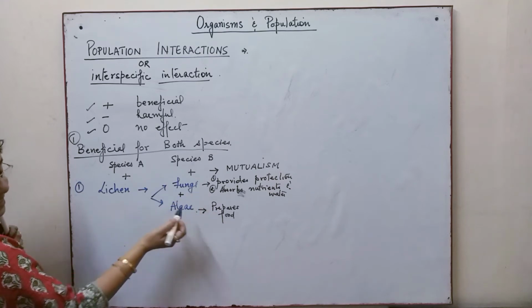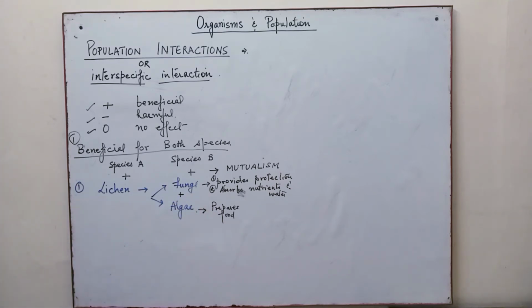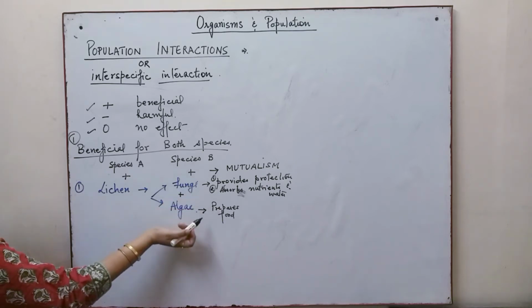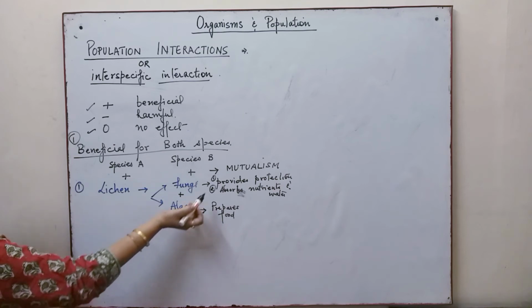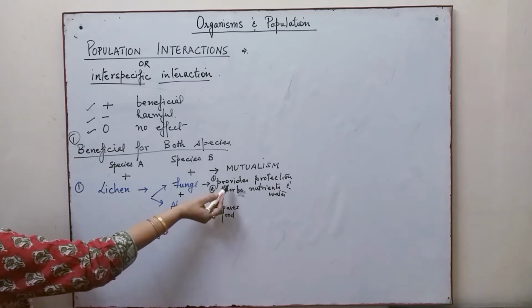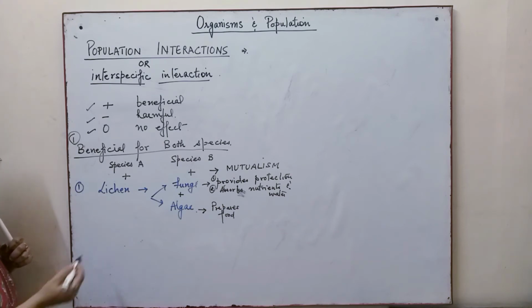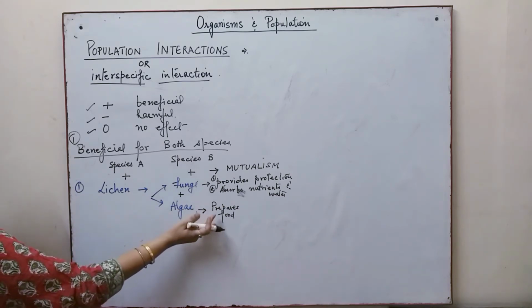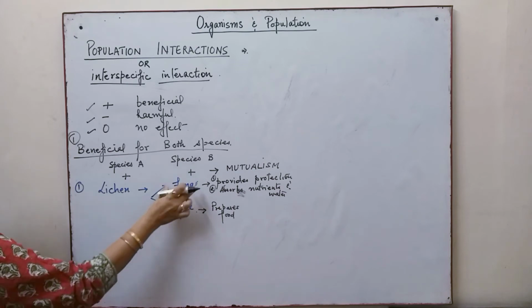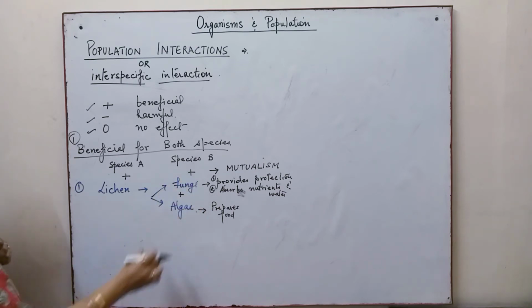So this food which is prepared by the algae can be utilized by the fungus, and in return the algae gets the protection and also the nutrients and the water which can be used for preparing the food. So here we find that both the species are benefited and therefore they show an example of mutualism,